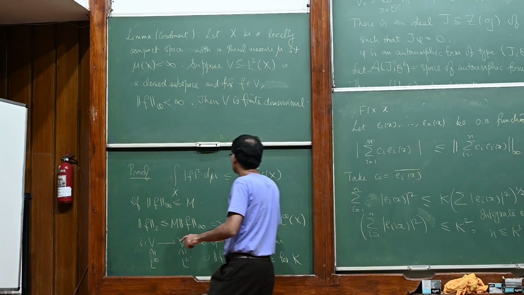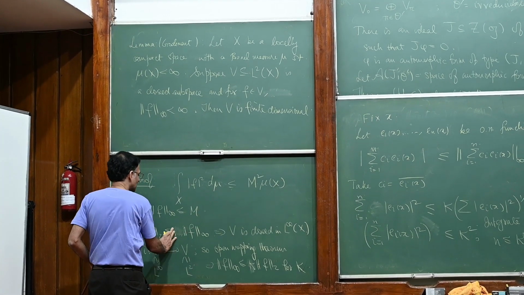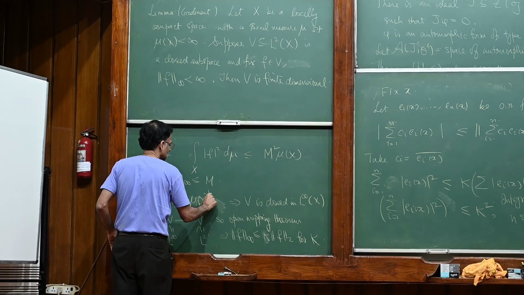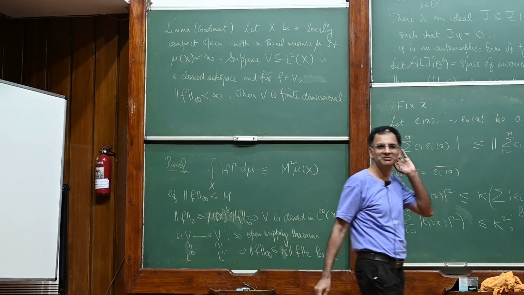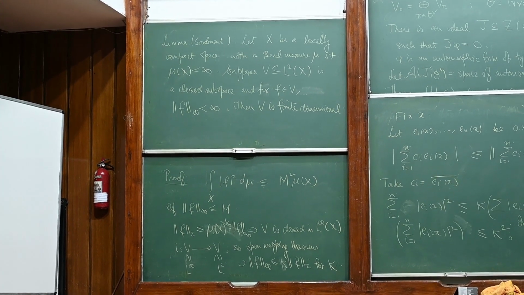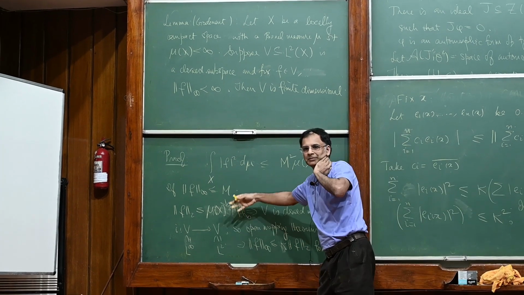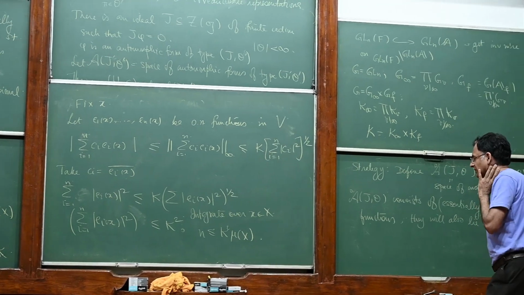I don't think I want m here. I just want to say that. Sorry, this was not m. This was mu x or something. Apologies. Sorry. The bound, I wrote m instead of mu x to the half. Okay, so